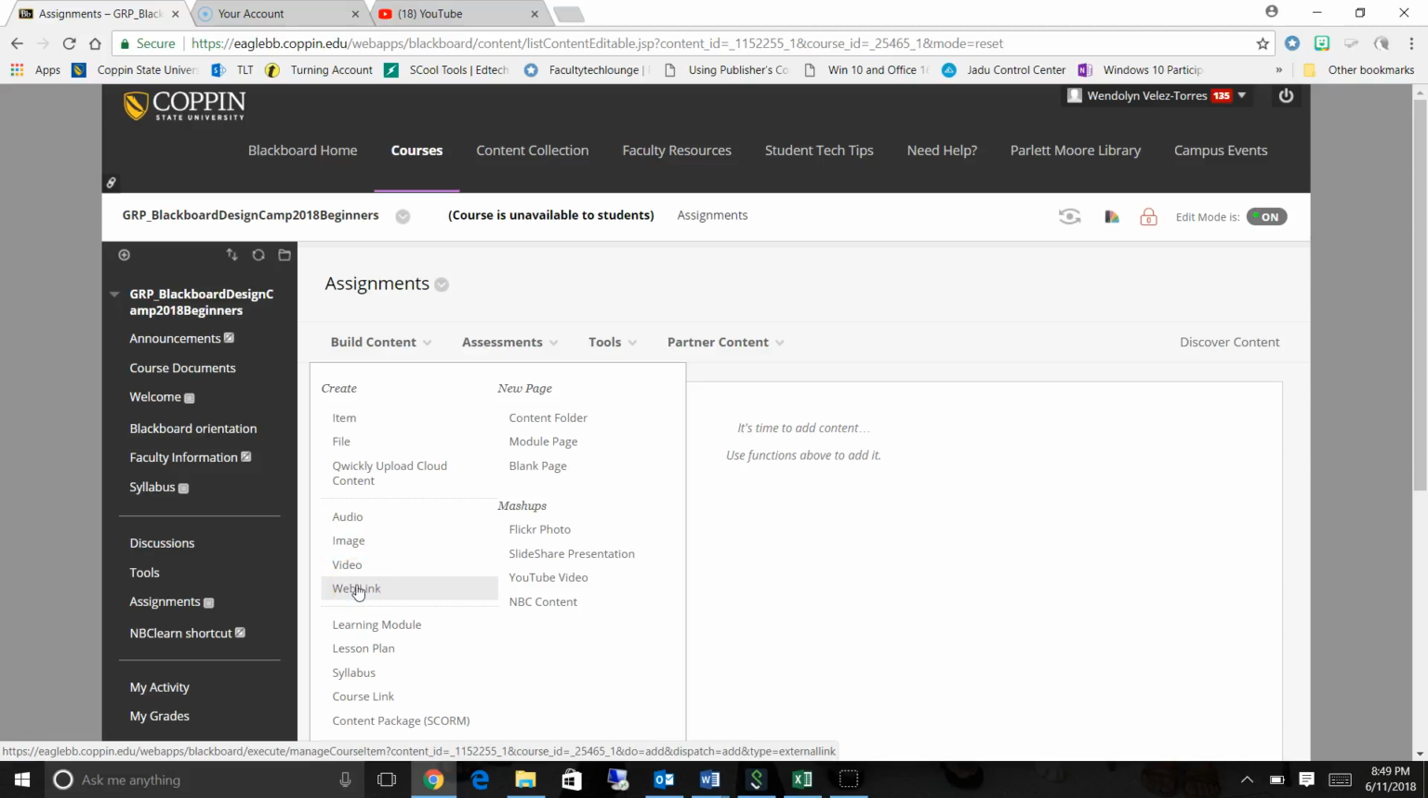I particularly enjoy using the item feature because it allows me to give instructions to my students as to what I want them to do with that particular item. I can add an audio or an image or video individually, but it'll just give me that one particular video without an explanation as to what I want them to do with it or what we're going to do with that information. So if you click on item,